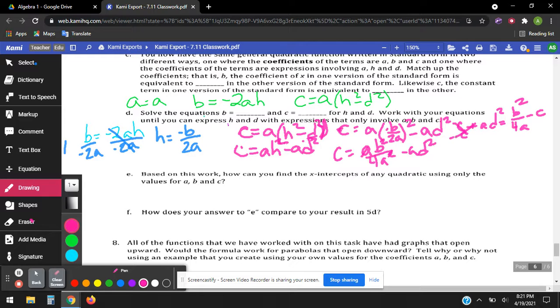No, now I can times by 1 over a. So times 1 over a, which means I have to use parentheses. So d squared equals 1 over a times b squared over 4a, is b squared over 4a squared minus c